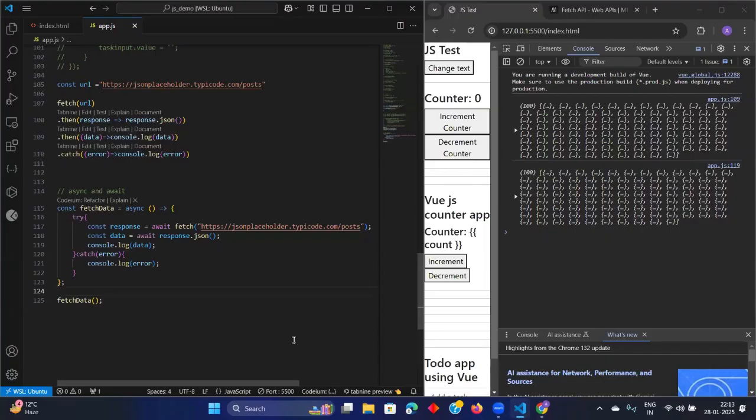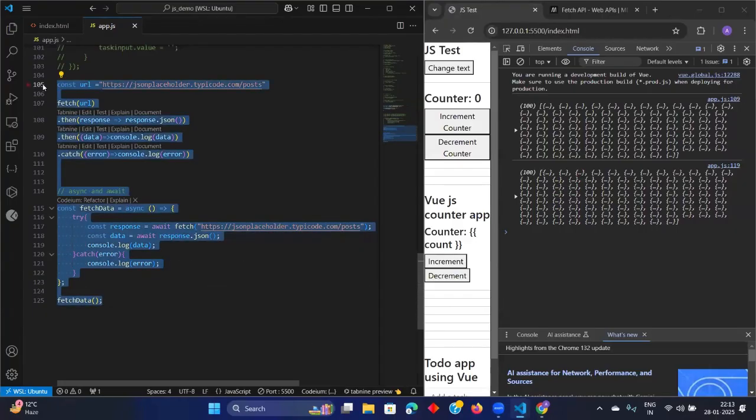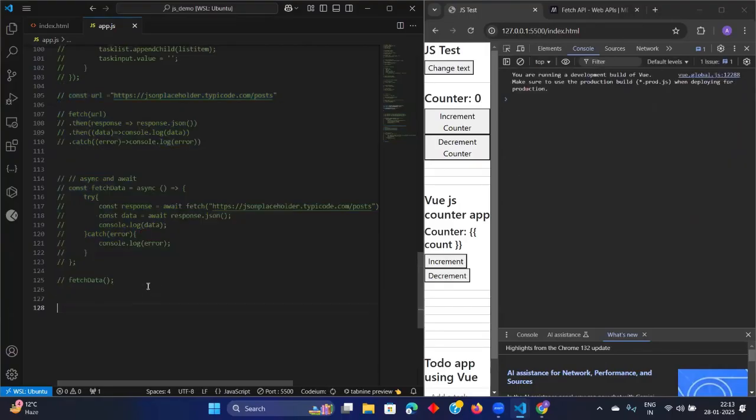Now you can also export and import your JS files' content from one file to another. This will be required in VueJS while doing routing. As I have already shown you, while routing you import some files from the components folder and then show those components in the routing page and make the routes. A similar thing we can also do here. Let me just comment this. So let us have one more file,